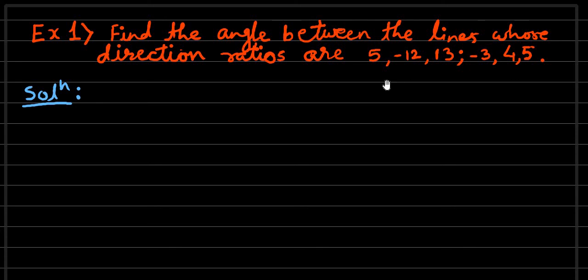In that case we have to use the formula cos theta equal to A1 A2 plus B1 B2 plus C1 C2 divided by square root of A1 square plus B1 square plus C1 square into square root of A2 square plus B2 square plus C2 square. So obviously we'll use the second method, means we'll find out directly the cosine of the angle between them. So the solution is given